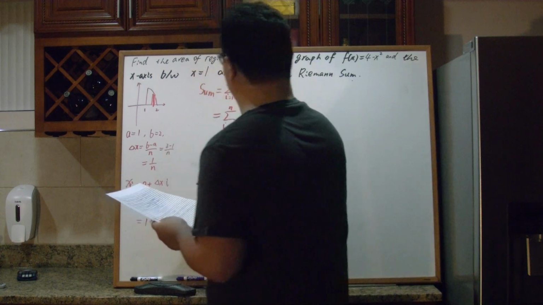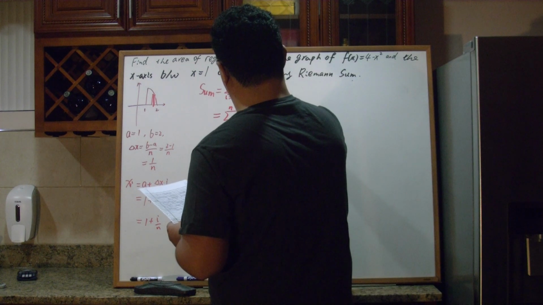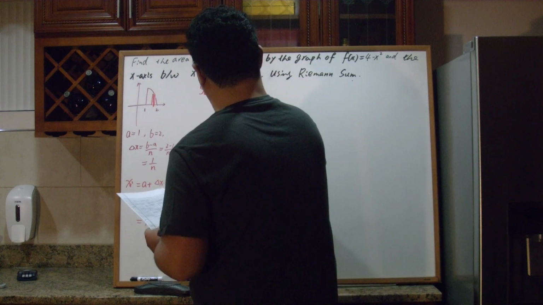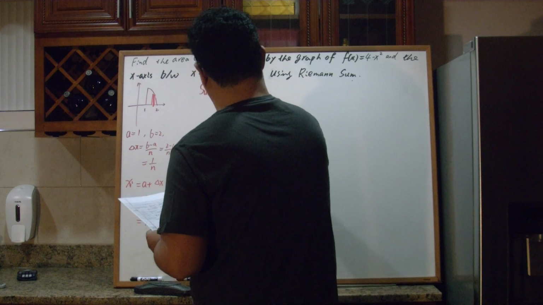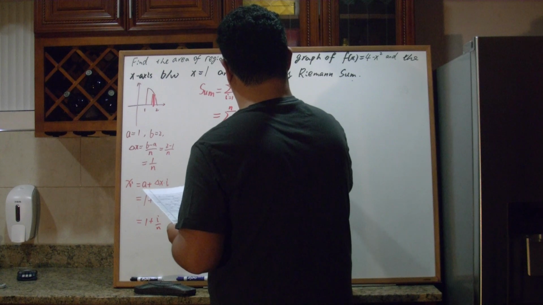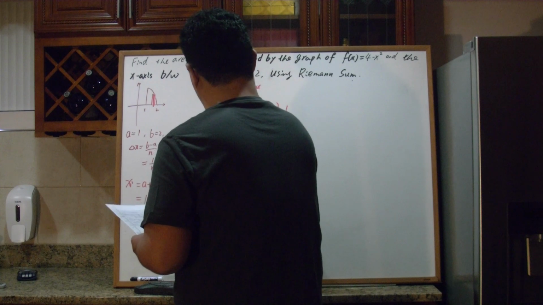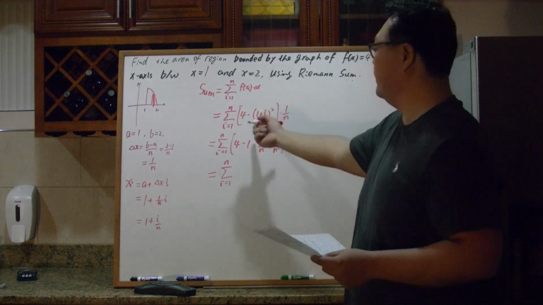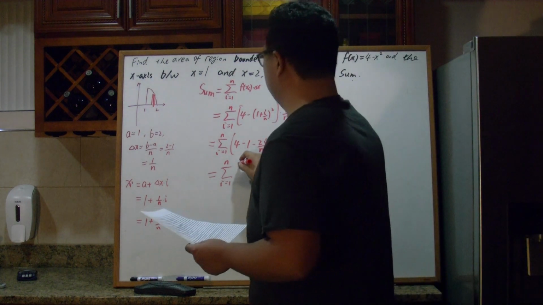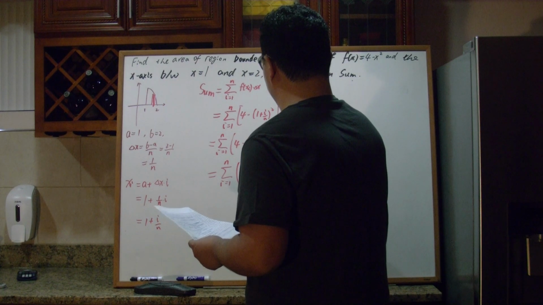So f of xi is 4 minus the square of (1 plus i over n), times 1 over n. That's 4 minus 1 minus 2i over n minus i squared over n squared. Right, the perfect square formula is a squared plus 2ab plus b squared. And we take the difference, that's 3 minus 2i over n minus i squared over n squared,